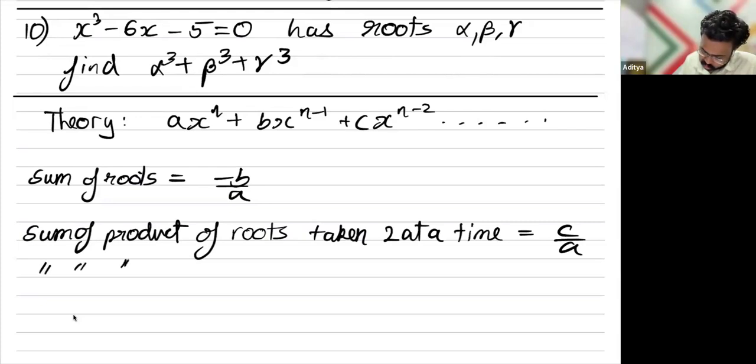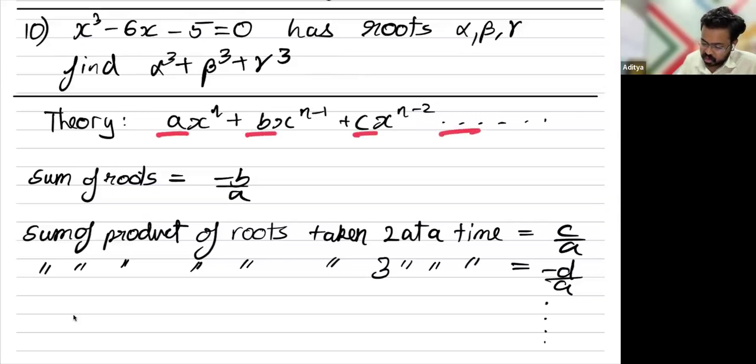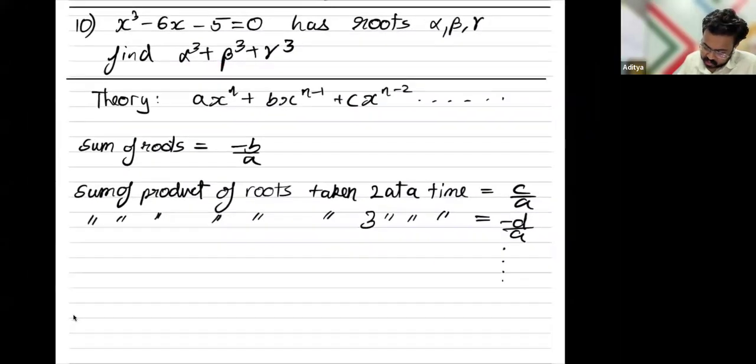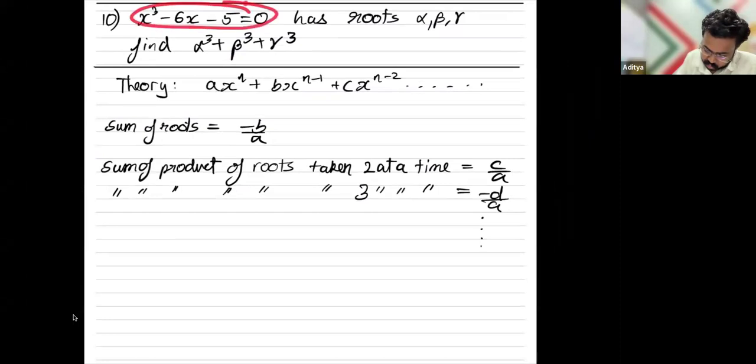Sum of product of roots taken 3 at a time is minus d by a, and so on, if your coefficients continue in an alphabetical order. So if they're asking you to find alpha cube plus beta cube plus gamma cube, you can make use of the fact that for this polynomial, alpha plus beta plus gamma is equal to,